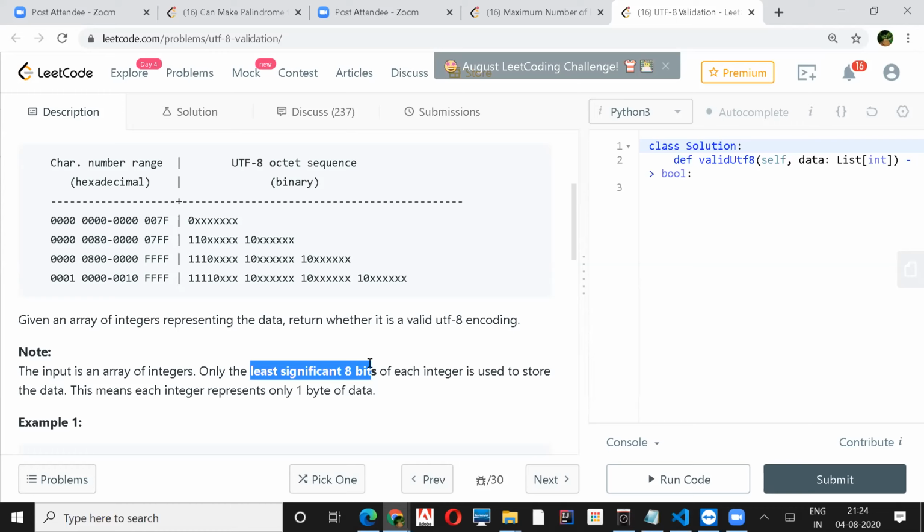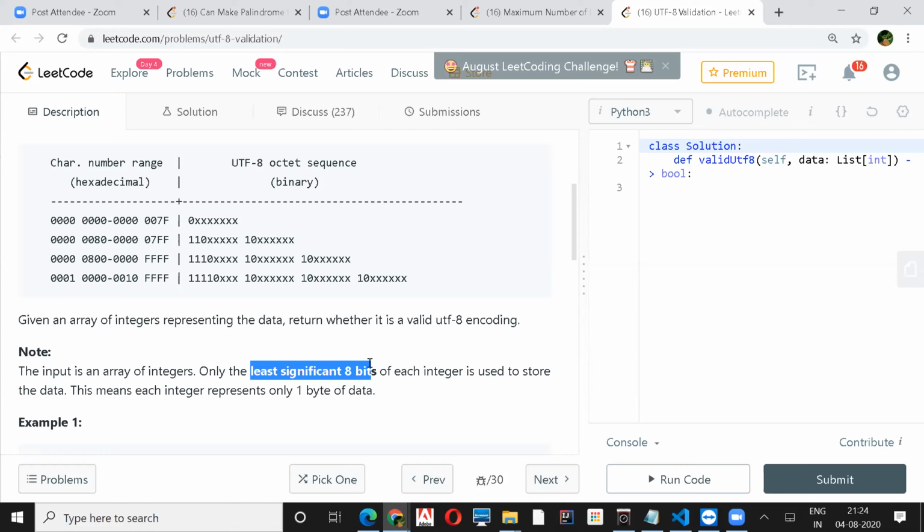Then the next rule is that the n plus 1 bit should be 0, and for the following n minus 1 bytes, their first two digits should be 10. If it suffices then true, or else false.